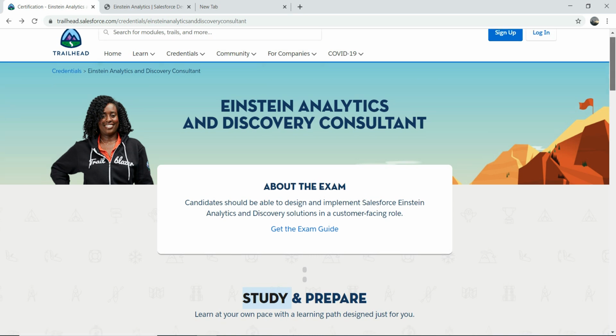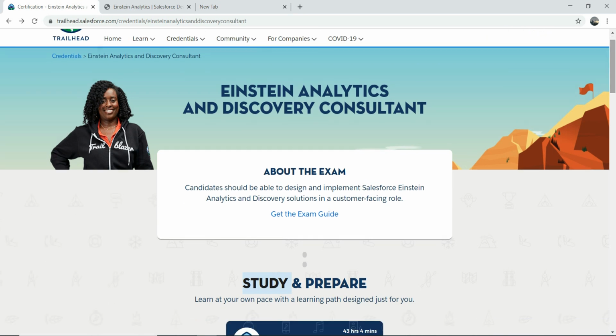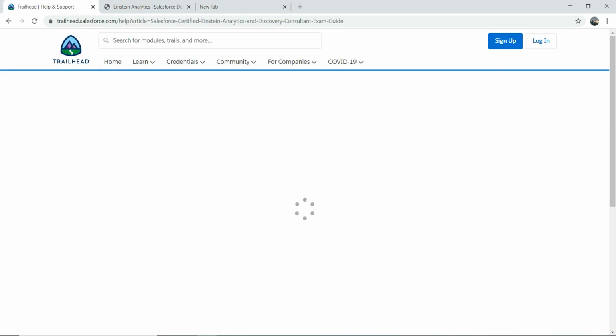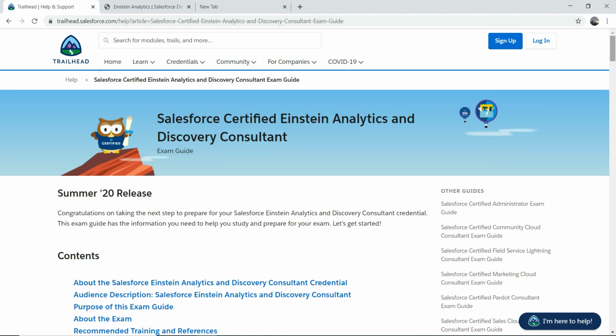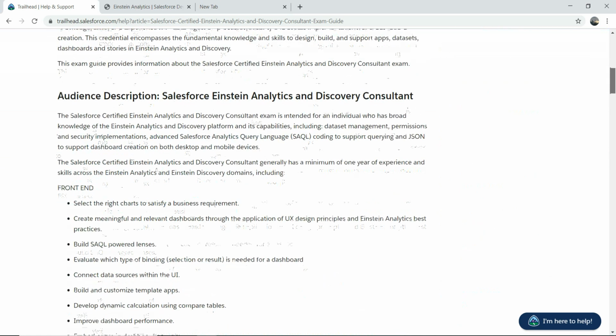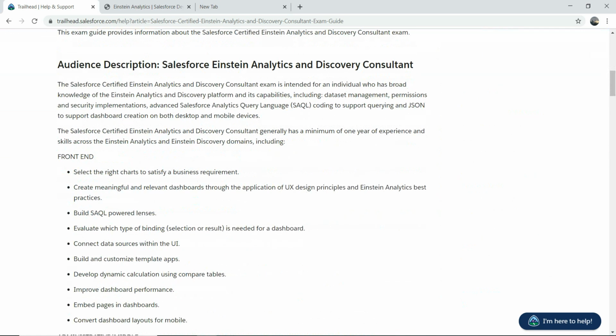Cool. Okay, so first things first, let's look at the exam guide to see what we are after. Okay, so I'll put a link to this exam guide in the description below, right, for your information. So I'm in Trailhead, right? So you can go to the exam guide from here, and it just takes a while to load. Excuse me. Okay, so you need to know the following things before you jump into Einstein certification, right? As you can see, the Einstein certificate will test your knowledge, right, on different